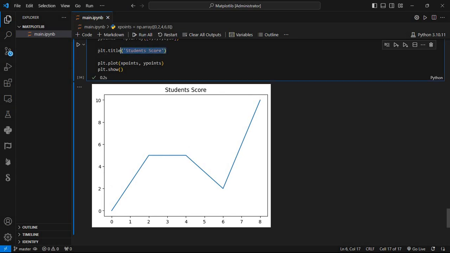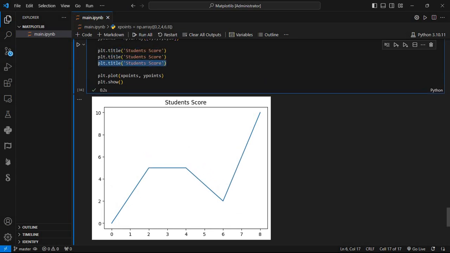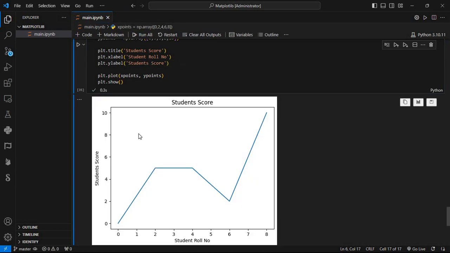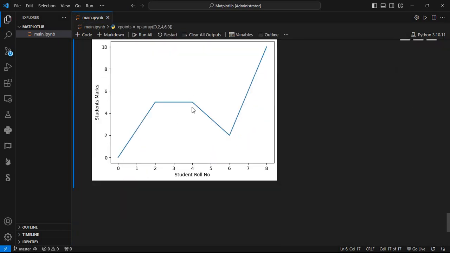Then we can pass the x label and also a y label. Here we can write student roll number, and student score. Or we can write student marks. That's how we can give labels